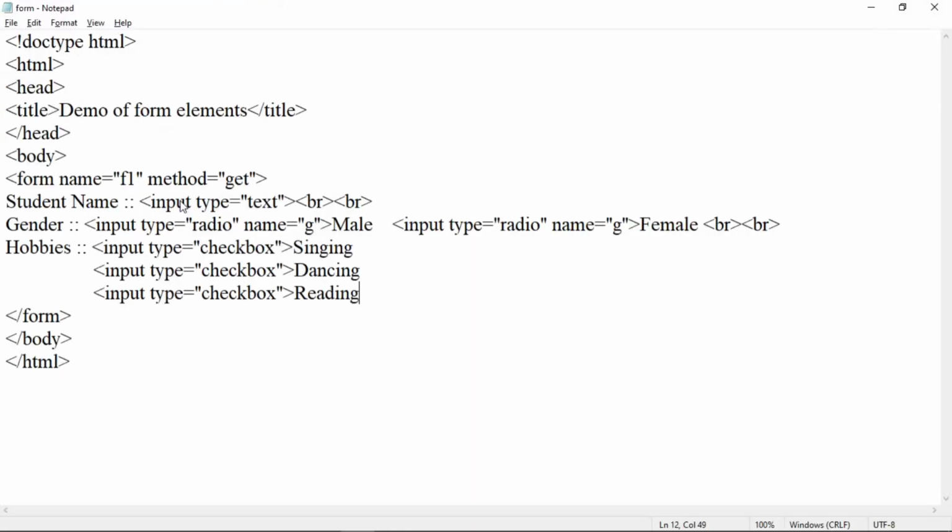Now let us use a password control. So to have a password, let us add here the text password. In front of that, create a password control with the help of input type is equal to password.